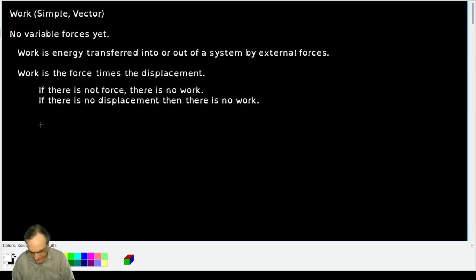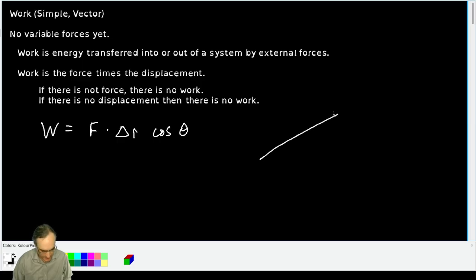All right, enough with definitions. Let's give the equation definition. Work is equal to the force times the displacement times the cosine of the angle between them. So if the force points at an angle relative to the displacement, if the displacement is horizontal and the force is at an angle, you'll have to find the component of the force that's along that angle